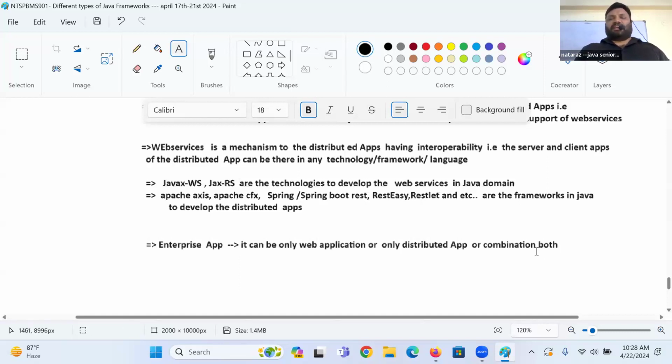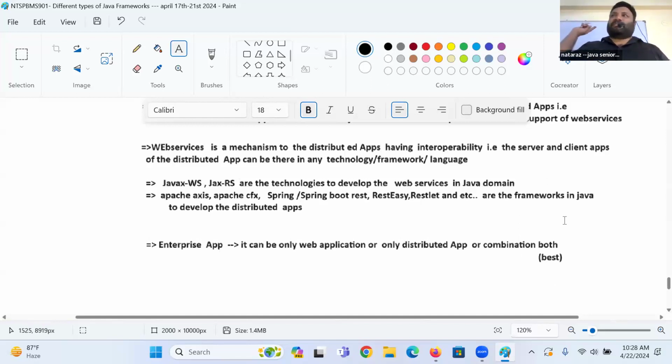So can I say combination of both is the best terminology when it comes to enterprise? So now onwards, can I say enterprise application is equal to web application plus distributed application? Anything that is complex, whether it looks like only a web application, only a distributed application, or a combination of both, is called an enterprise application.